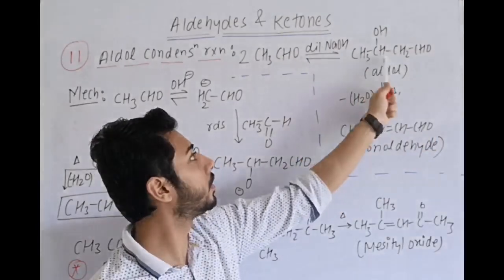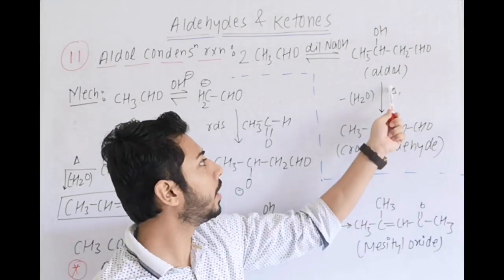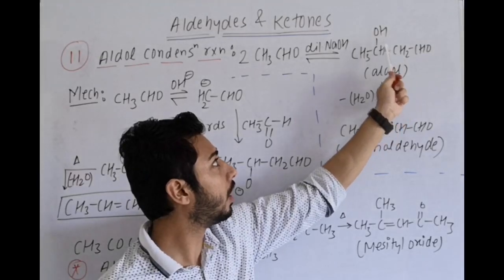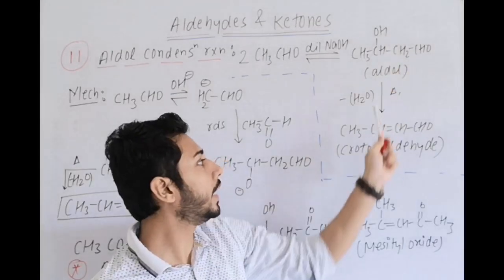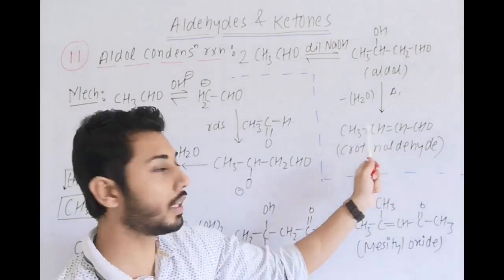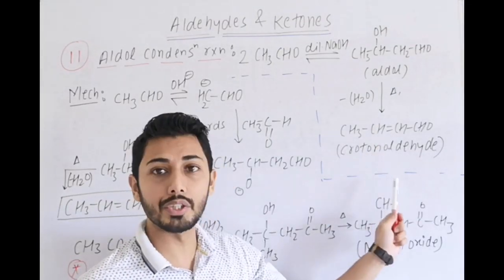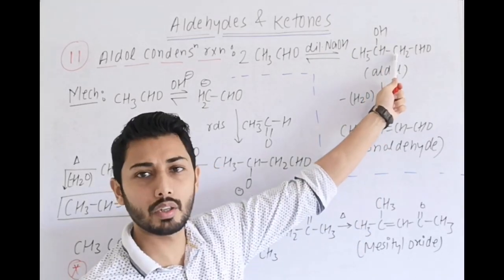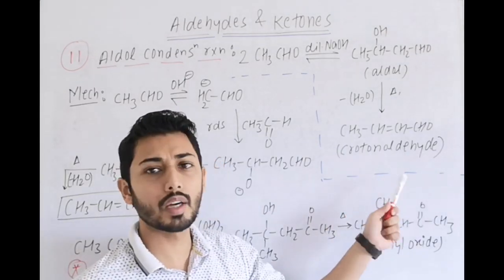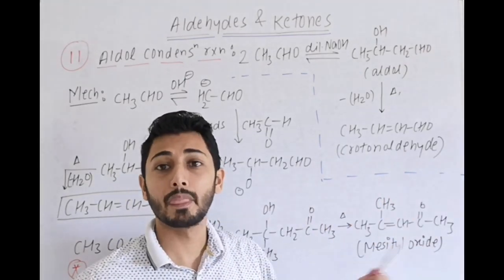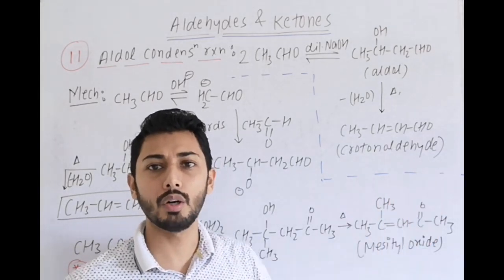So from this point to this point, this reaction is the aldol reaction, and on heating elimination of water takes place. Removal of water, OH from beta, H from alpha, and a double bond forms, giving an alpha beta unsaturated carbonyl compound. This is finally aldol condensation. Up to that point it is the aldol reaction; after elimination of water, aldol condensation. These common names are important. Acetaldehyde, when it undergoes reaction in dilute alkaline medium, finally gives crotonaldehyde after elimination of water.